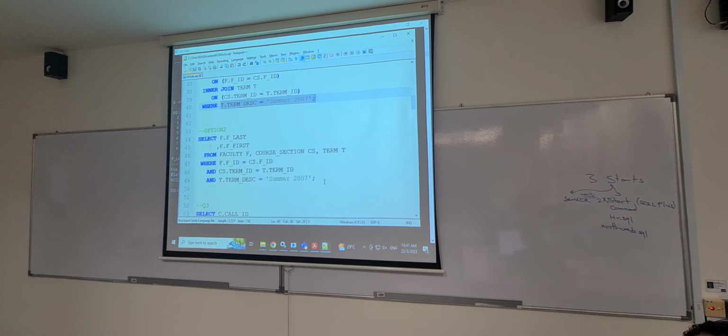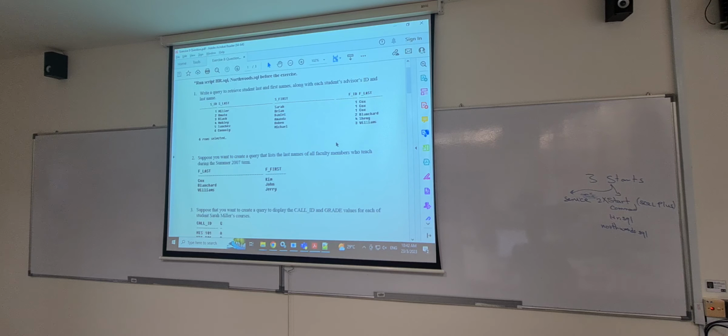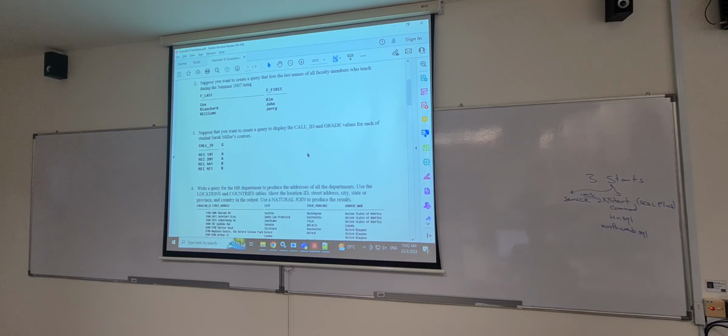The third way, you can use natural join. Natural join only in Oracle. If you are using SQL Server, you cannot use natural join. You use only inner join or this option. These both are applicable. Any question? Okay, no question. Silence means agreement. Now suppose again that you want to create a query to display the call ID and grade values